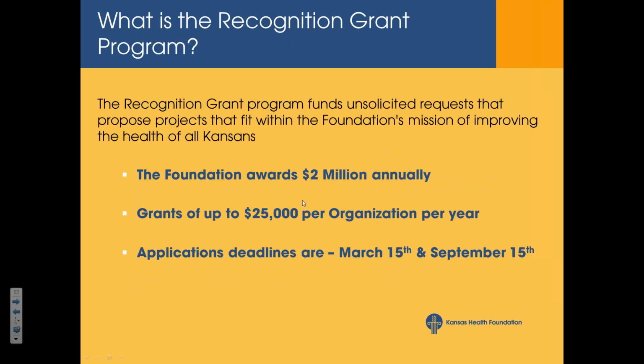Some of you may be very familiar with the Recognition Grant Program, but for those of you who are not, I'd like to provide just a little background. It was developed in 1994 to provide an opportunity for nonprofit organizations to submit unsolicited requests that fit within the mission of the Foundation, which is to improve the health of all Kansans. And since 1994, the Foundation has funded a little over 1,500 grants totaling almost $20 million. Now these grants range from as little as $500 to the maximum amount, which is $25,000, with the average amount